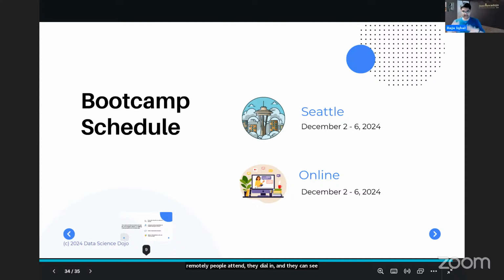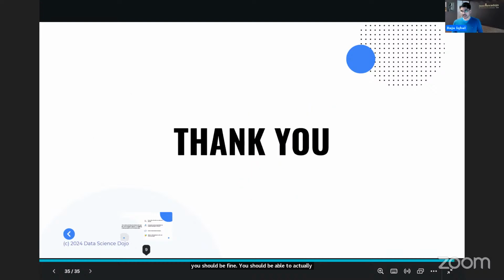Everyone in class can see them, with multi-view cameras, etc. So we have everything in place. It's a very interactive experience, even if you're located far away. You should be able to attend remotely as well. And I think that is it on my end.